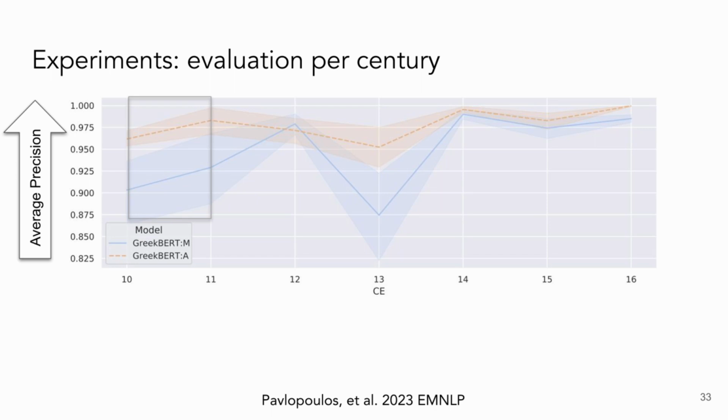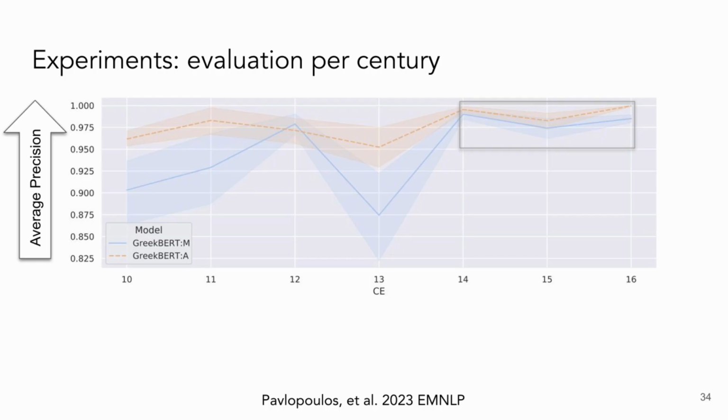And we evaluated the two transformers. The one pre-trained in modern Greek, shown in light blue, and the one that was further pre-trained in ancient Greek, shown in light red. And we see that the classification performance depends on the chronology of the manuscript, with older manuscripts being better handled by a model that was further pre-trained on ancient Greek. On the other hand, lines from recent manuscripts pose an easier classification challenge. So the more recent, the better both models were,